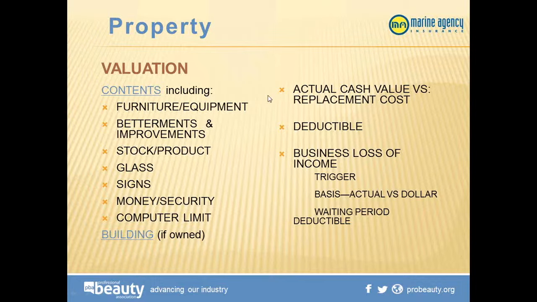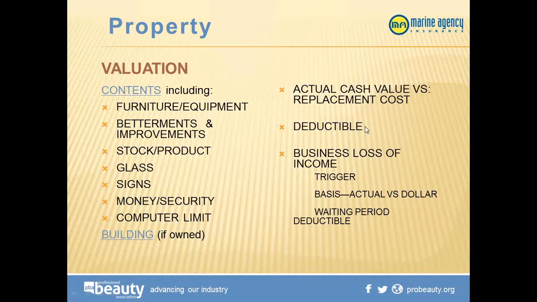And then they're going to be insured for either the actual cash value, which is not used so much anymore, versus replacement cost. And replacement cost would give you new for old. So if you had an old machine and you had to replace it today, the valuation would be at today's value, which is really the ideal way to do it if you can. Deductible is almost like the deductible on any other kind of insurance that you have. What's going to be the amount that you're willing to pay in the event of a property loss before the